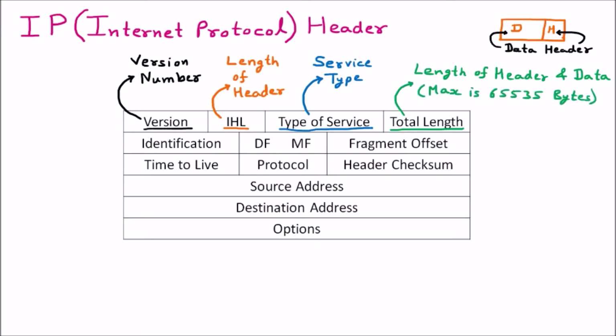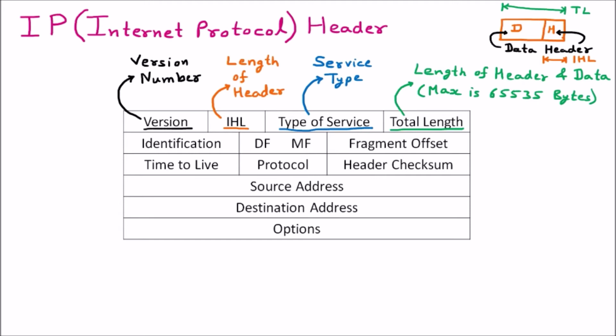In the diagram where we have represented the packet, the complete length is called the total length. From the start till the end is the total length, which we represent with TL. And the IHL is nothing but the length of the header. This portion is the header, and that specific length is the IHL. So there is a difference between total length and header length: header length is only the header, while total length is the combination of data plus the header length.